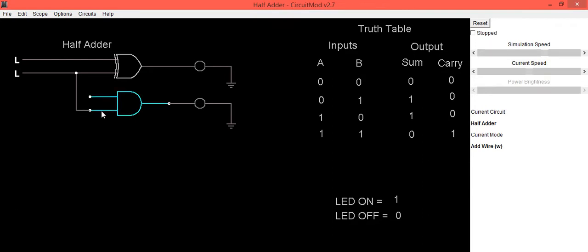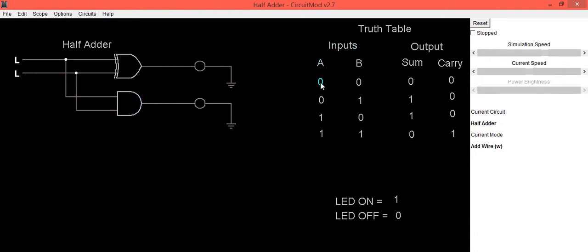So this is our B, and to connect it to A, just take the wire from A and give it to the first input of the AND gate. So first of all, the XOR gate gives the sum output, and the AND gate gives the carry output. Now we will check the truth table.